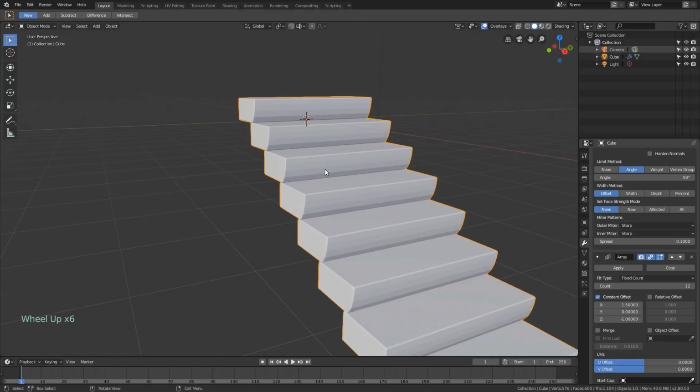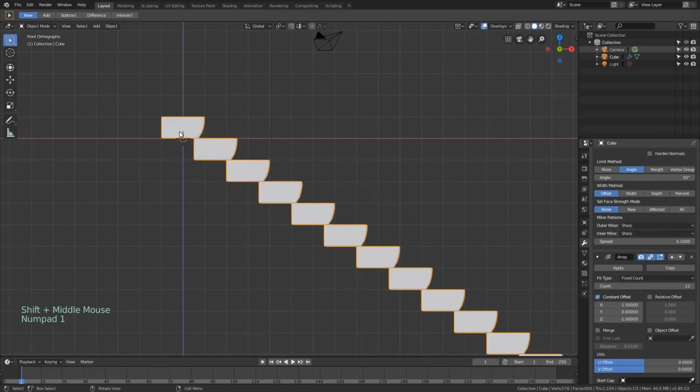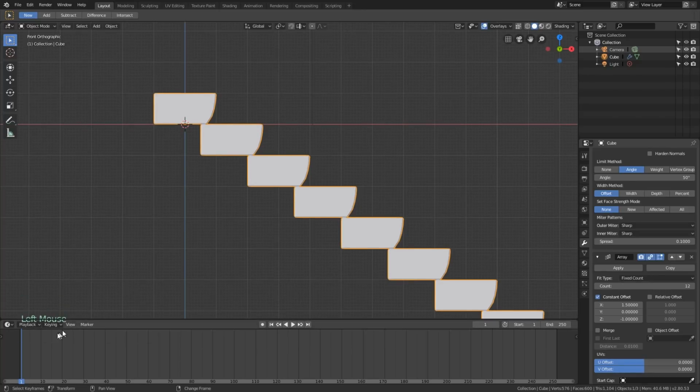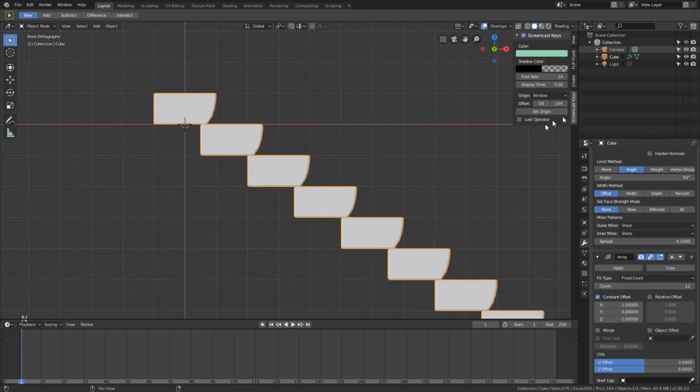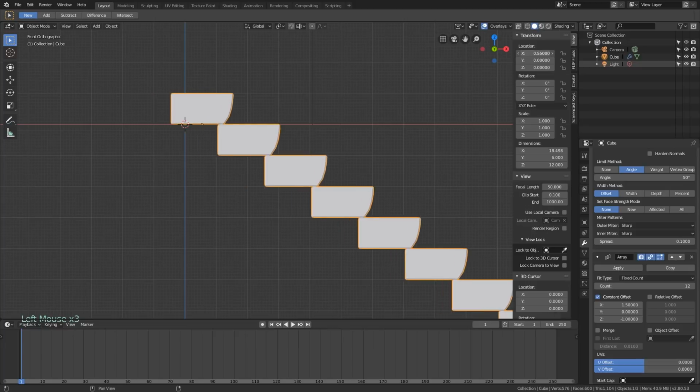So what I want to do next is I want to animate it. So we basically need to animate this step moving into this position. So I'm going to hang out here on frame 1. Let's move this up a little bit just so we can kind of see better. So on frame 1, I'm cool with it right there. Let's go up here. So I pressed N to bring up the sidebar. So I want to move this, I know it needs to go down and over.